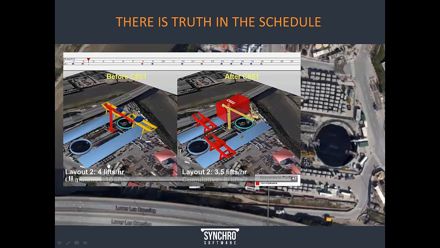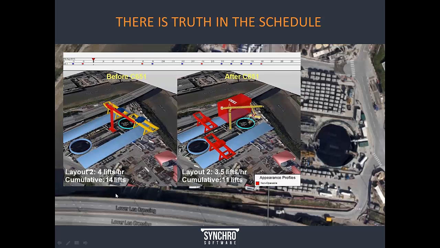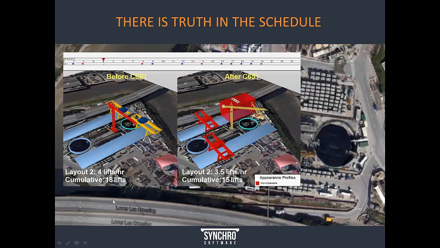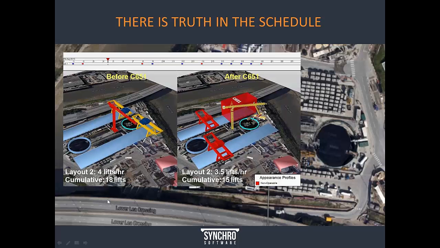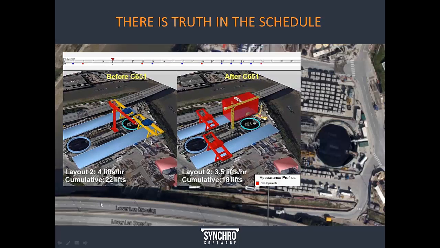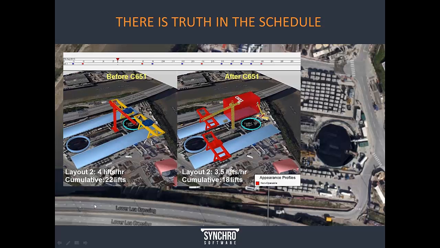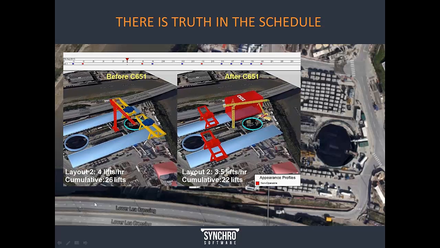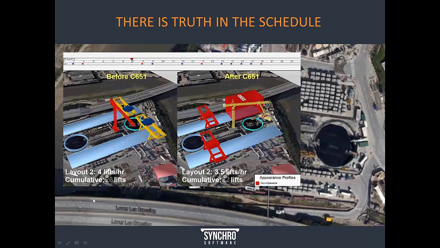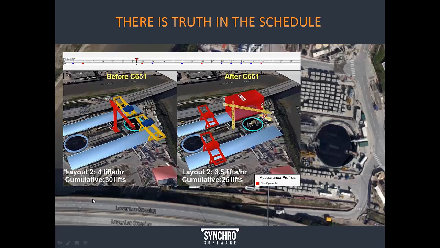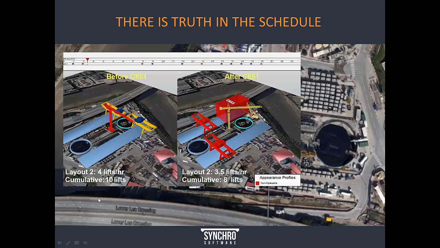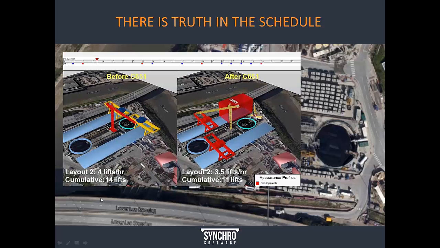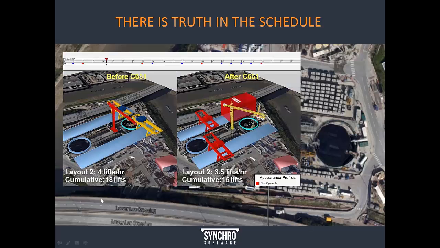And finally, for my last example, I'll just say that there is truth in the schedule. The schedule is a document of record. It is a document of what's been planned to be done in the field. And what we see is that in claims litigation, for instance, the use of 4D is very effective and is becoming more popular because it enables the contestants who are disputing a situation on a construction project to actually visualize what happened or what was supposed to happen based on the real data, based on the actual design model, based on what was changed in the field, and based on the actual schedule that's been developed and recorded.